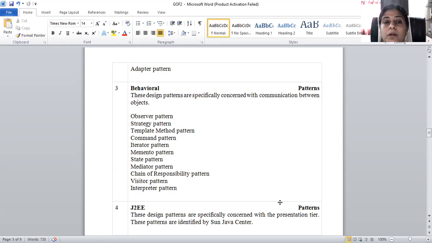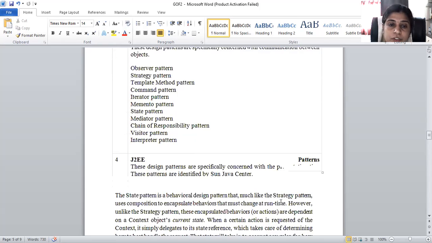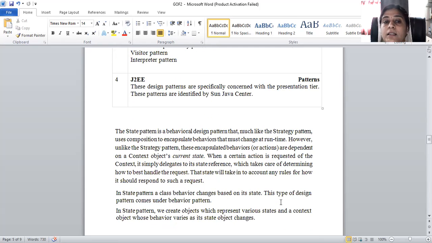In this assignment, we are going to implement the state pattern, which comes under behavioral patterns, which actually show the communication between objects. So what basically is this state pattern? It is a behavioral pattern like the strategy pattern, where it uses composition to encapsulate behavior that must change at